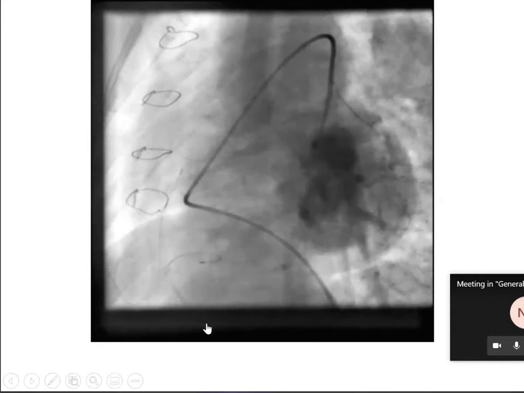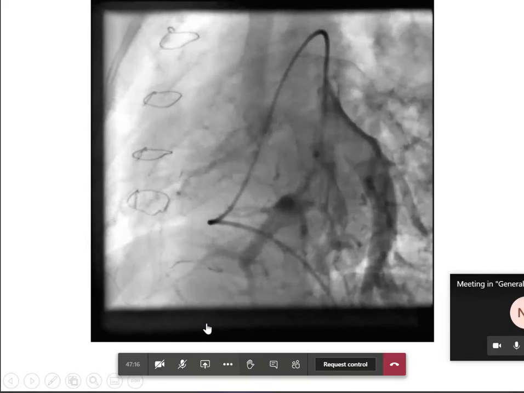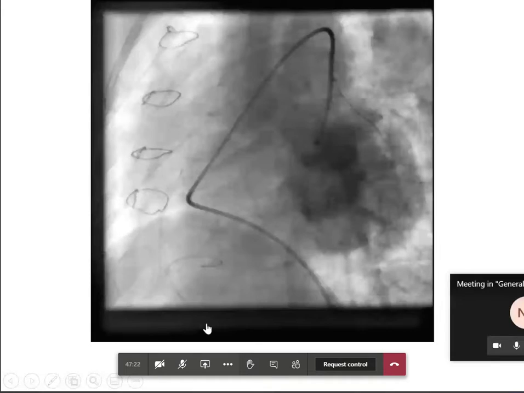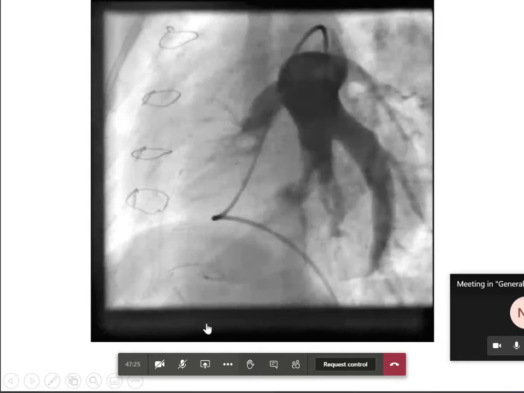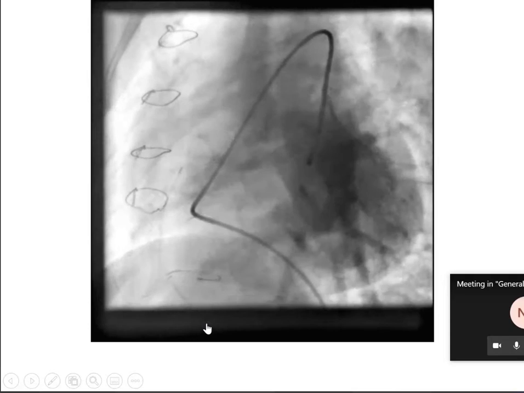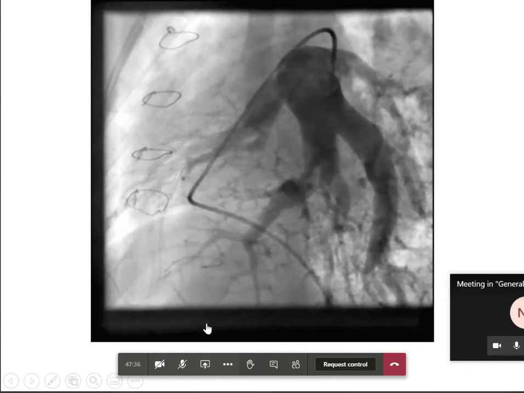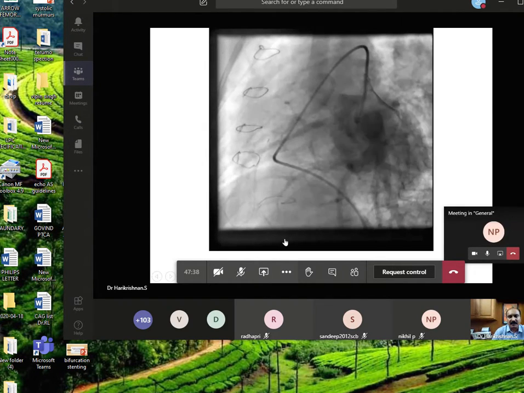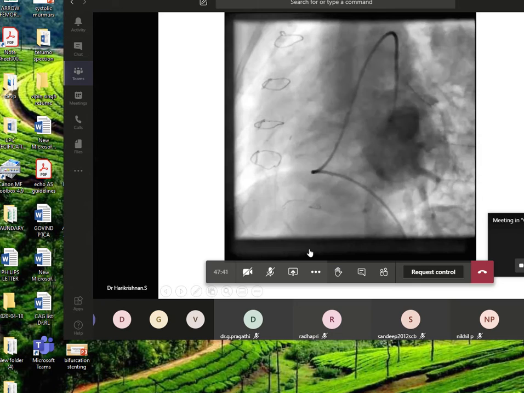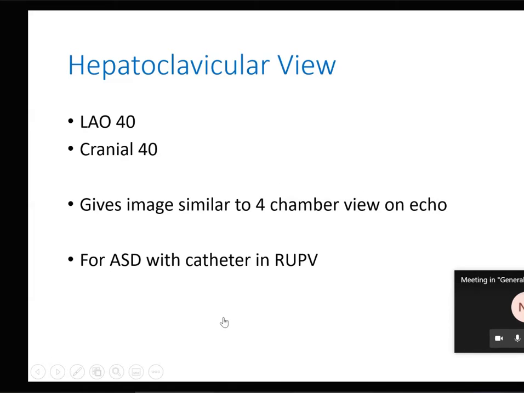Yes, sir. The type of ASD, what you told, sir? I didn't get you. What is the question? Sir, you told this is for sinus venosus ASD. No, other ASDs we can easily enter. Yes, sinus venosus ASDs, because we may not be able to enter always. It is difficult to enter the sinus. There are techniques to enter, but it is usually difficult. In such situations, we can. It's usually not done because of the availability of transesophageal echo, but this is done for a particular reason, because it was not clear in the echoes. That is why this angio was done. Oh, okay, sir. 40 view uses images similar to a 4-chamber view on echo.